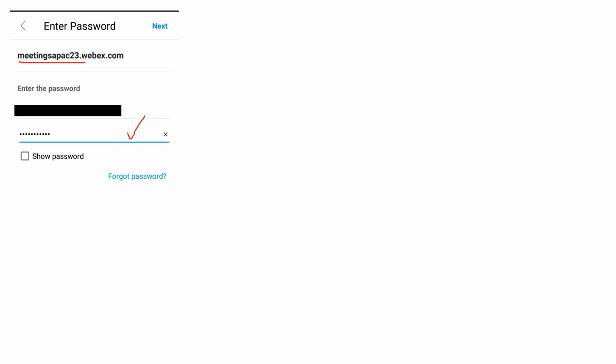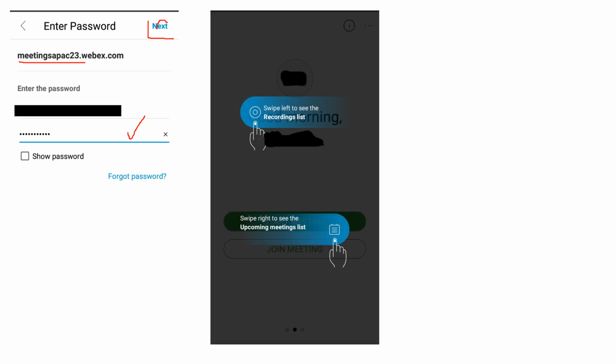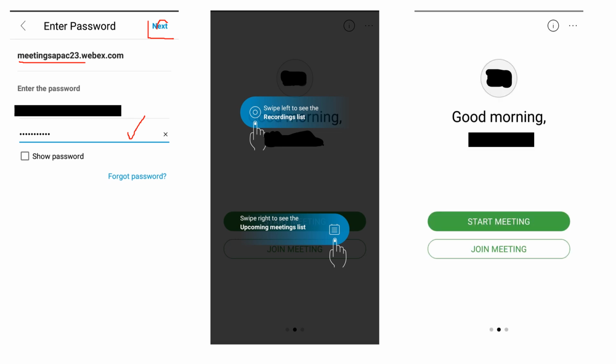Enter your password and click on the next button which is given on the upper right corner. After you have entered your password, you will be given instructions on how you can operate your application.